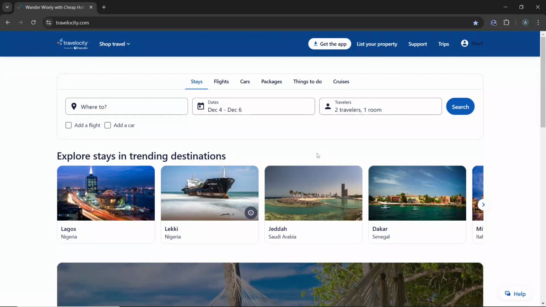Hello, in this tutorial, I'll show you how to contact Travelocity Support. To contact Travelocity Support for assistance, these are the steps that you need to take. First, visit the Travelocity website by opening your browser and going to